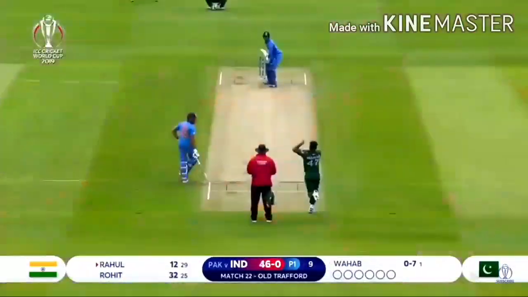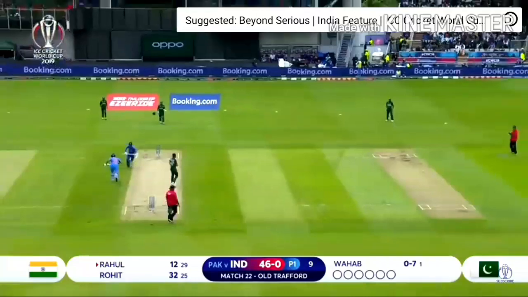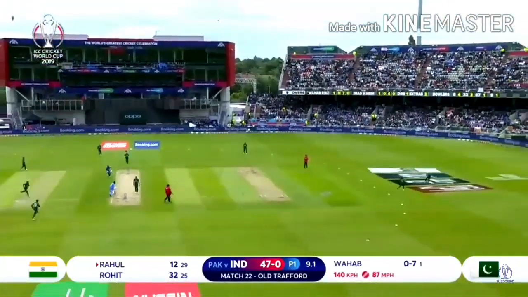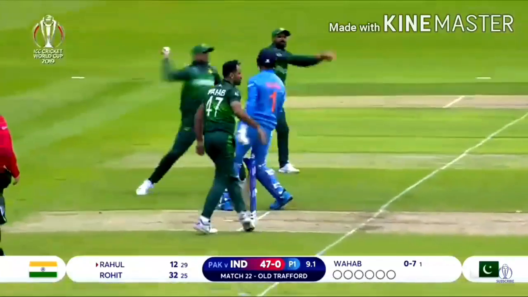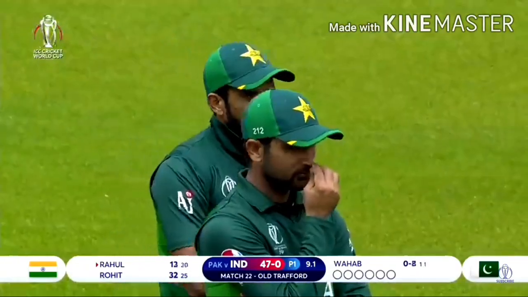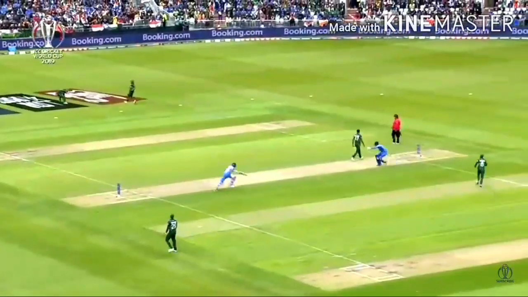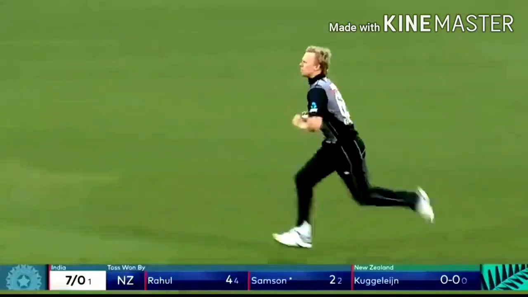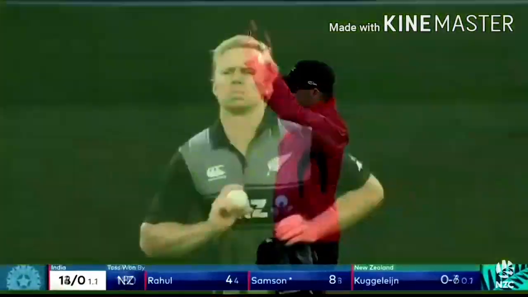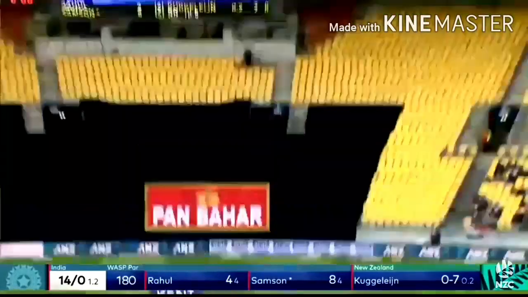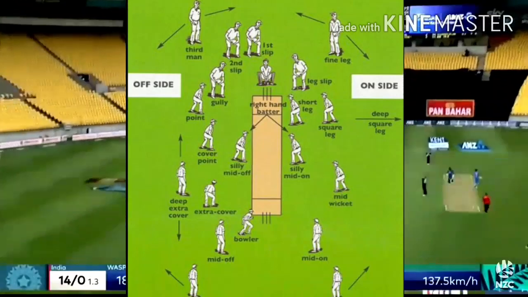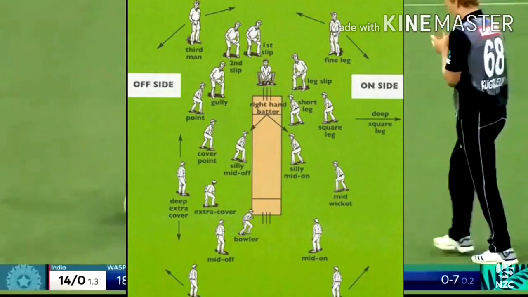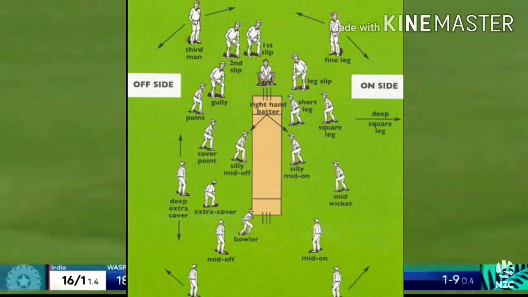In a Test match, during each innings, the batting side aims to score runs between the two wickets, while the fielding side aims to get the batting side out. A match consists of one or two innings per side. The batting team's innings ends when 10 batsmen are out or when they declare their innings closed. Then the other team starts batting. The playing field surrounding the pitch can be of any length. Major fielding positions are shown here.